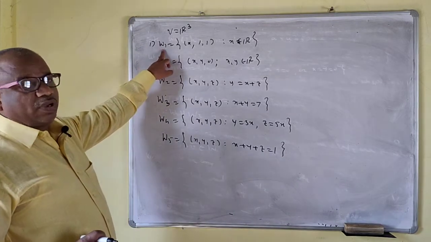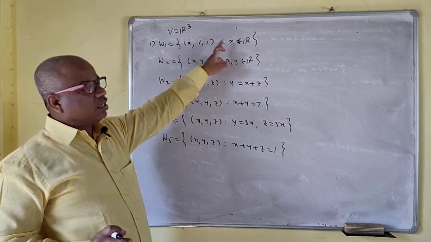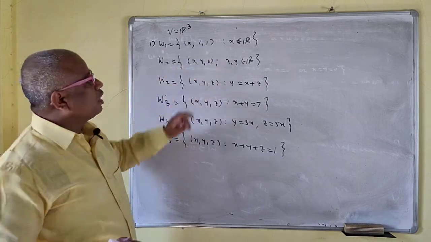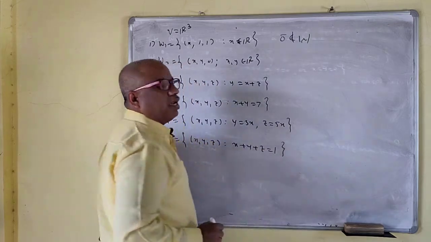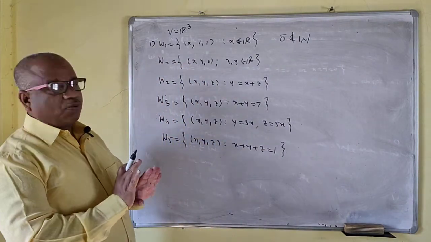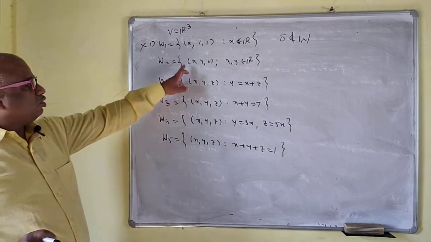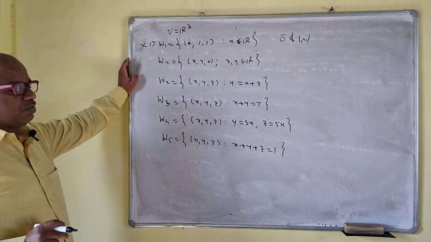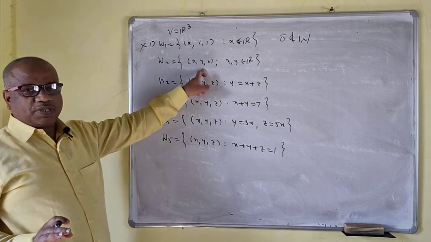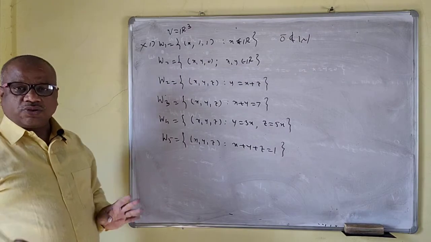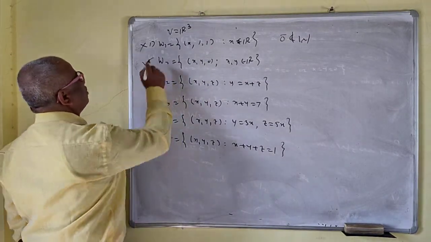Okay, so what about W1? What is the 0 bar now? First we have to take 0 bar. So x belongs to R, giving (0, 1, 1). So 0 bar does not belong to W. Therefore W is not a subspace. Now here, 0 belongs to W, no problem for this one. 0 bar, this is not empty. If you take the sum, 0 plus 0 is 0, your third coordinate is 0. If you multiply by k, your third coordinate is 0. So this is the subspace.